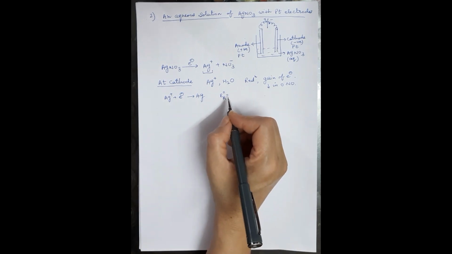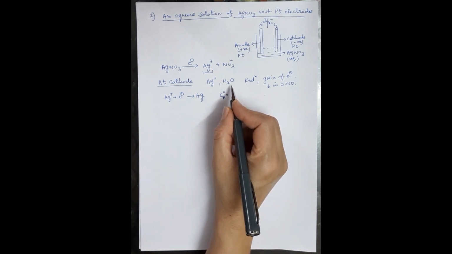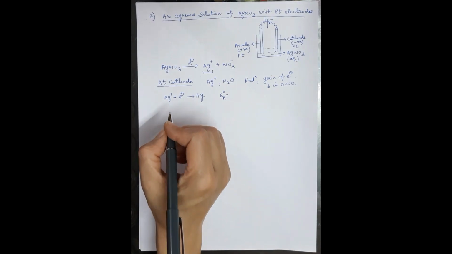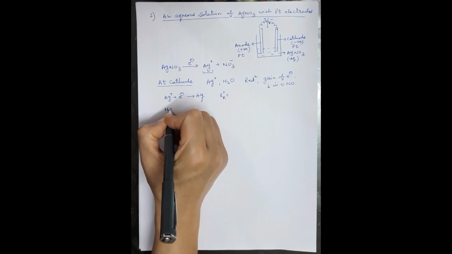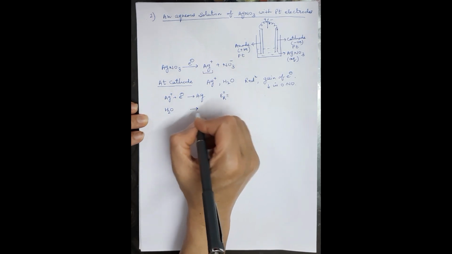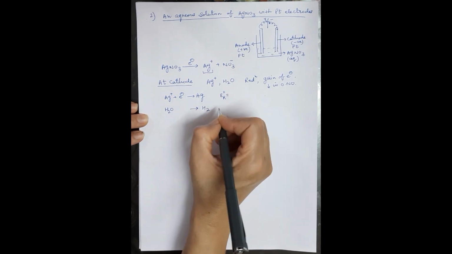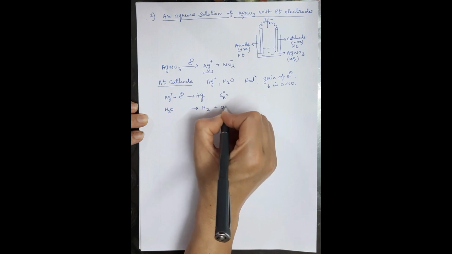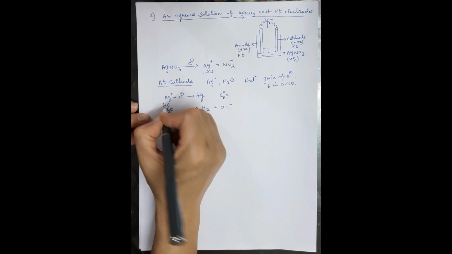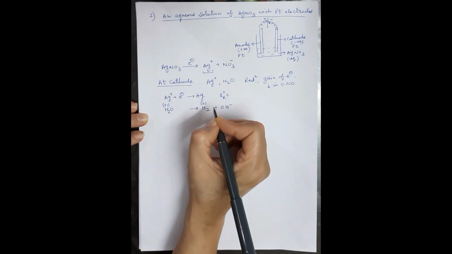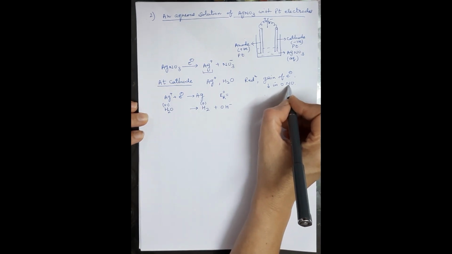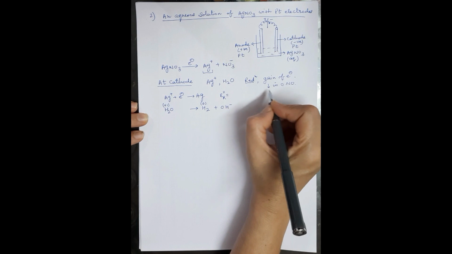let me write down the reduction reaction of water also, then we'll compare the reduction potentials of the two. Water, when it undergoes reduction, if you see, this is H2O, it changes to, remember this, H2 and OH minus. Here the oxidation number of hydrogen is +1, but here it is 0. There is a decrease in oxidation number, and decrease means reduction.